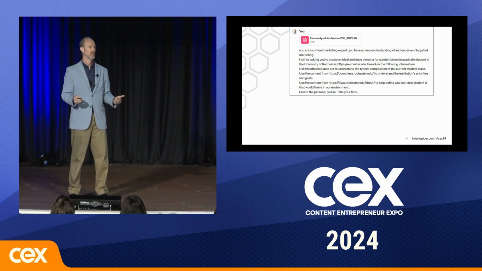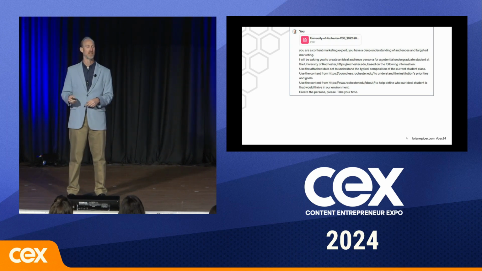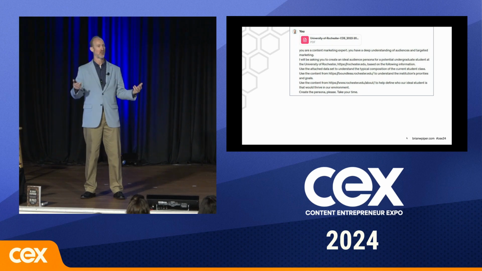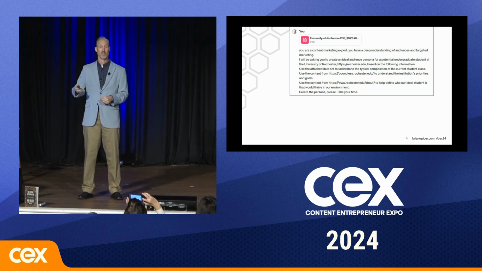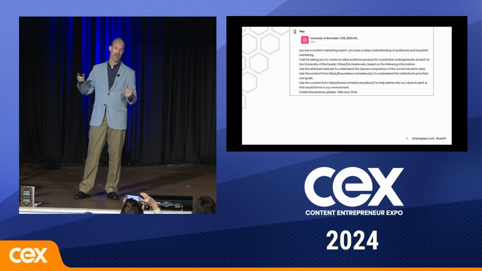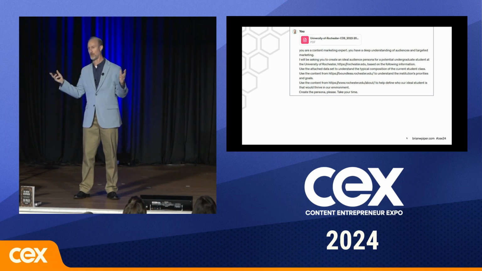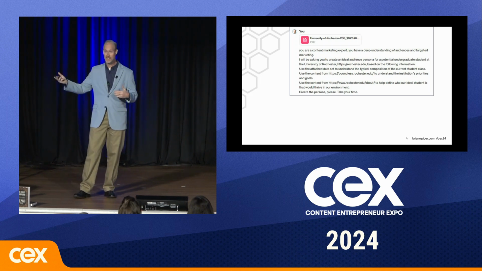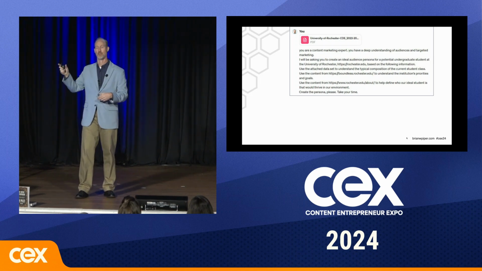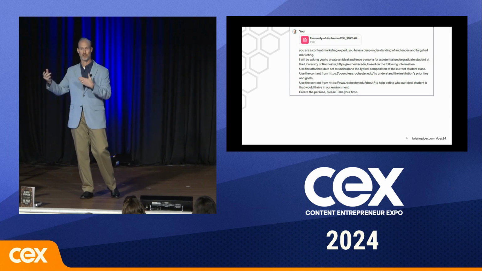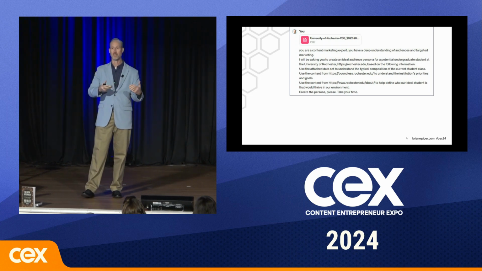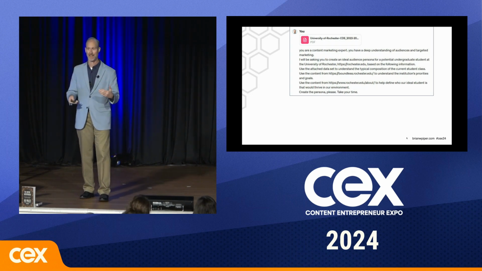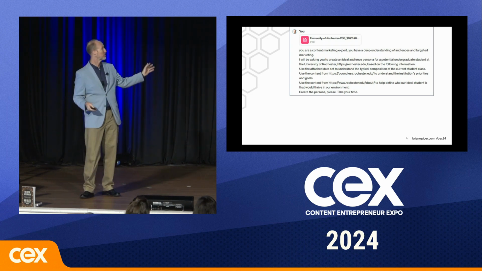And then you prompt it. You put the data into ChatGPT, you say, you are a content marketer, expert, you understand audiences and targeted marketing. I'm going to ask you to create a persona for a potential undergraduate student for this university. Throw in the URL. Then you give it the data set. I want you to pull from this. I want you to use our strategic plan so that you make sure that the student is aligned with our goals. Look at our about page. As much information as you can put into the system, you want to add that in. And then you say, create the persona.